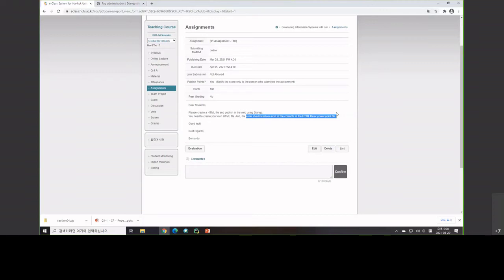So like table, or maybe you can add image, or you can add like using div or span. It's up to you. You can make also form, okay, and you can also make frame. So you can design freely,